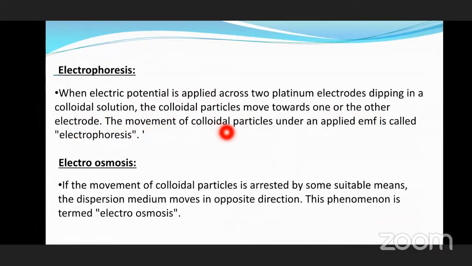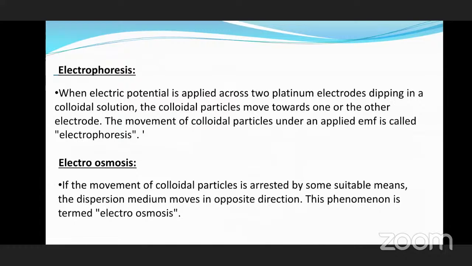The movement of colloidal particles under an applied EMF is called electrophoresis. By using this, what did you understand? Very simple. When you apply the EMF, that is electrical force, across the two platinum electrodes, when the two platinum electrodes are immersed in the colloidal solution,